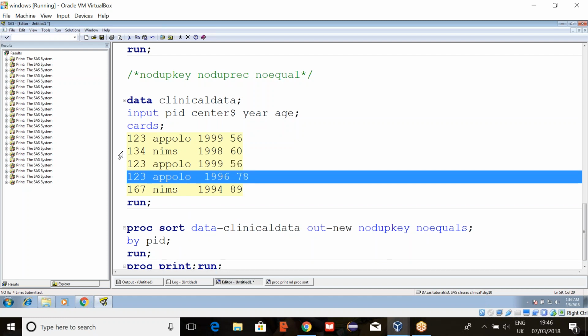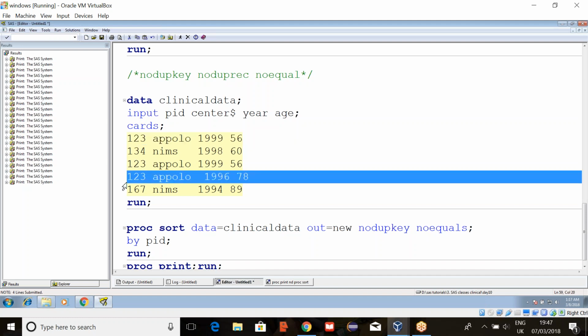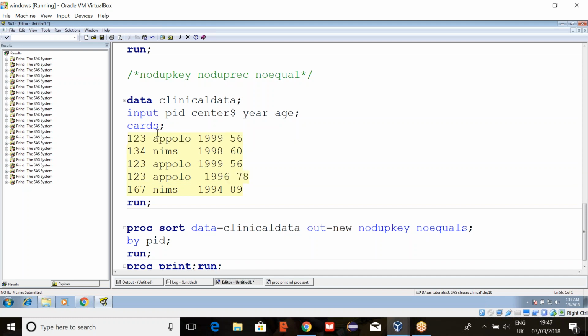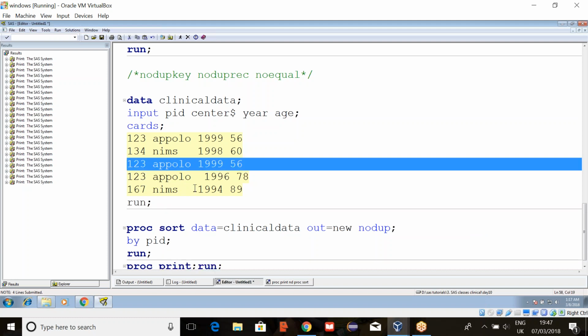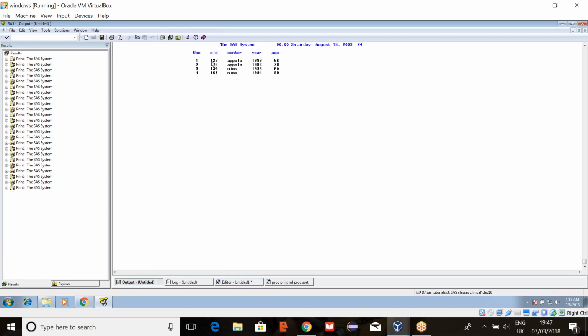Sometimes, if the subject has more than one record, I want to keep just one record. So sometimes we use nodupkey and sometimes noduprecord or nodup. Now it will check all the values, and if all the values are repeating, then it will delete. It is keeping these two, 123 with age 56 and 78, because these two records are not completely duplicate.